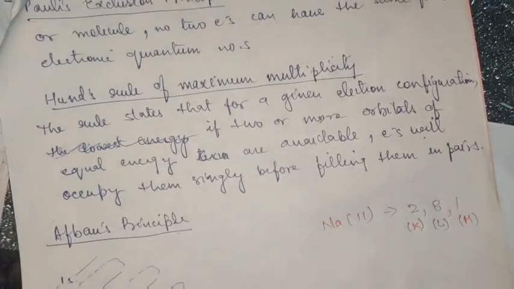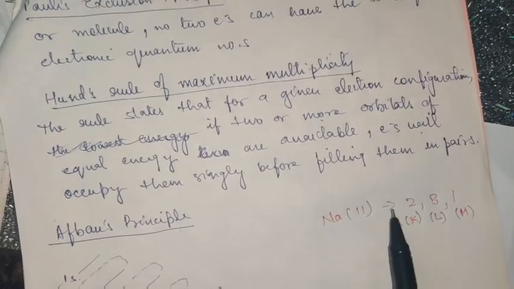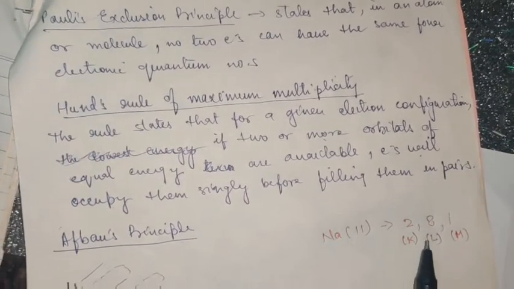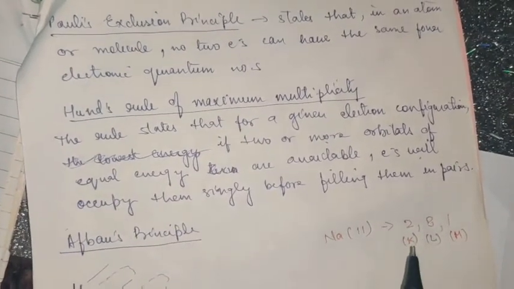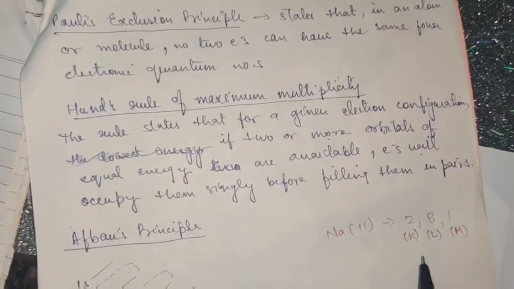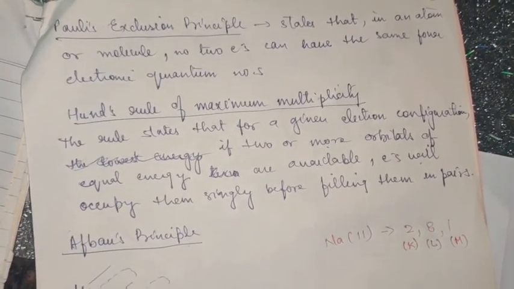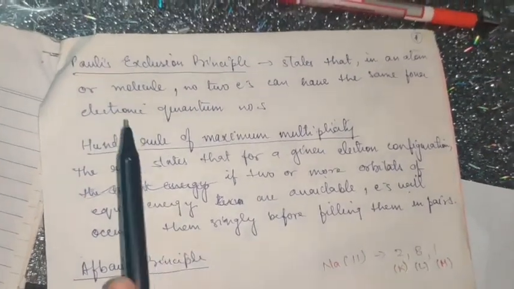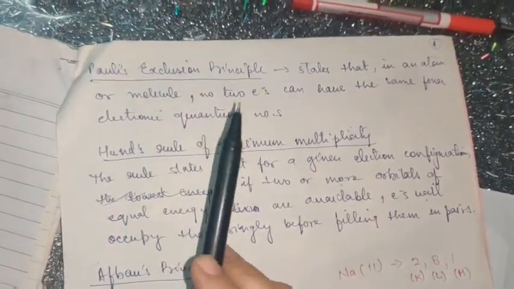Right? So in this type of representation we only considered the shell and the distribution of electrons in the various shells or orbits. But now since we are aware that an atom does not only have a shell or orbit, instead it has subshells also, and those subshells have orbitals, we have to go into some more details in order to understand the filling of the electrons. So before moving to that part, I am telling you about some important rules and principles, which are also a very important part of this chapter and a frequently asked question.